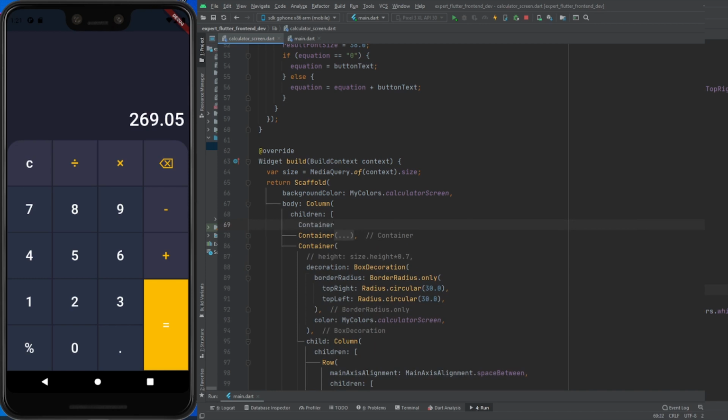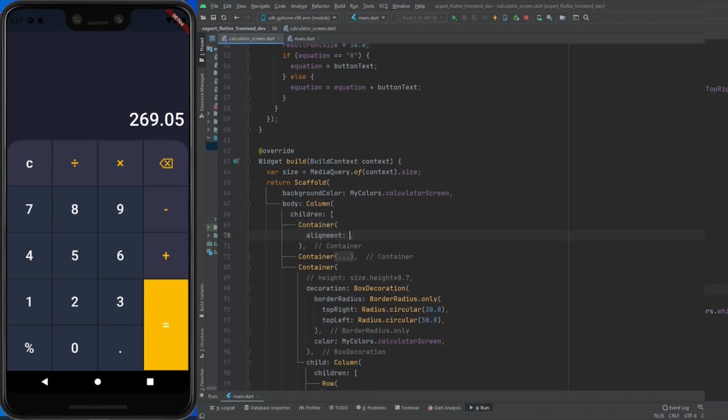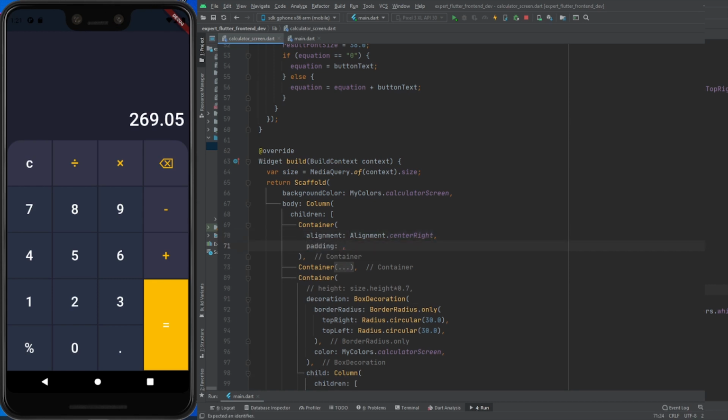We will create one more container for the expression, and below we will show the result value. Now we set the alignment, and alignment should be center right, and we'll set the padding.